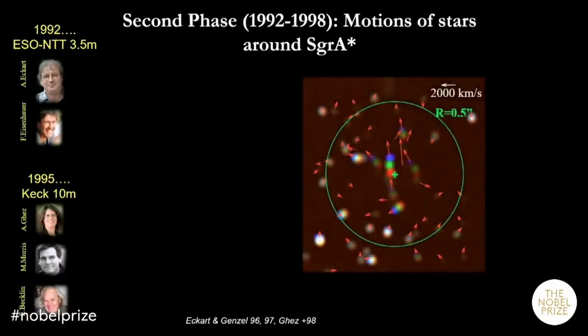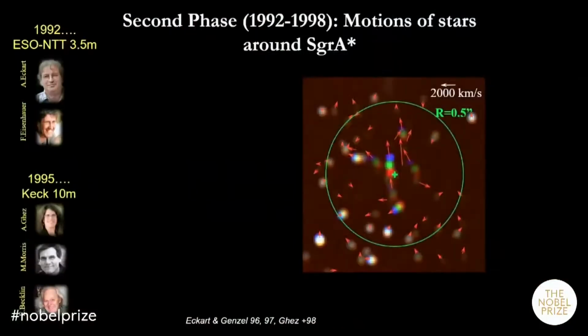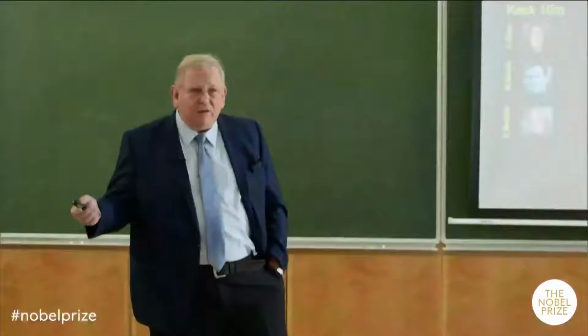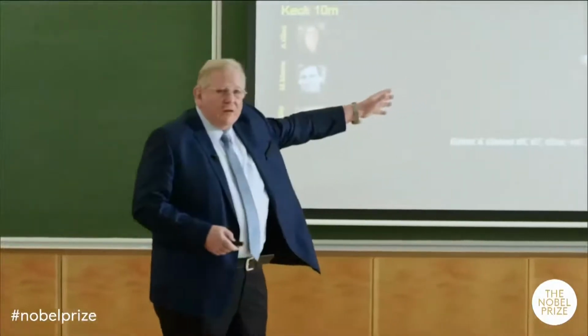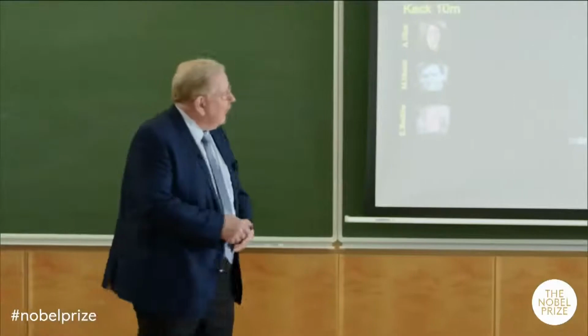Here's an example. The green cross is the position of Sagittarius A star, that radio source, which is so compact. This circle is 1 light month, and you can see from one year to the next, in 3 different colors, the position of this star, very near Sagittarius A star, clearly changes. If you look up, that's a motion in excess of 1,000 kilometers per second, something which you see not in the solar system. So these stars are whizzing around at a speed of more than 100 times the Earth around the sun. So that's already a qualitative indication of a strong mass.